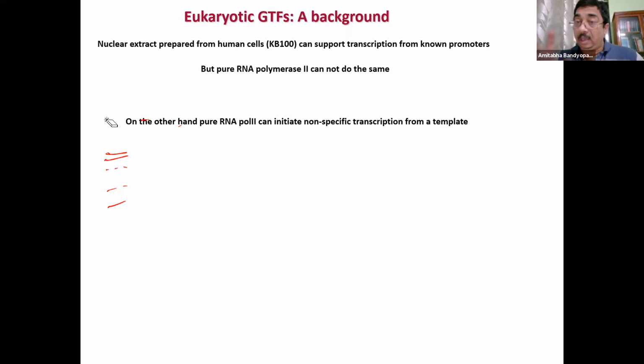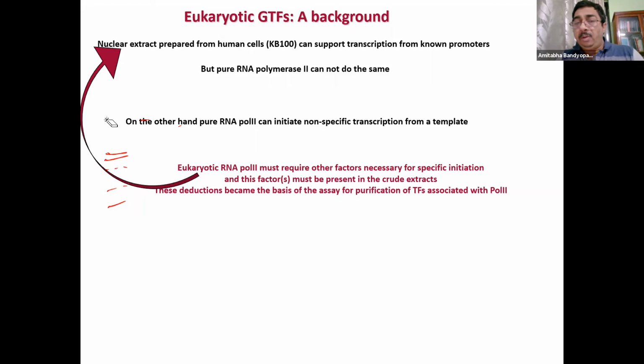Remember, the process of transcription and transcription regulation is to determine from where the transcription will start and from where it will end. So if you take a pure RNA pol II, it can initiate transcription weakly. It is not a very strong transcription, but non-specific. Therefore Bob Roeder deduced that if pure RNA pol II cannot initiate transcription from the promoter, then it must